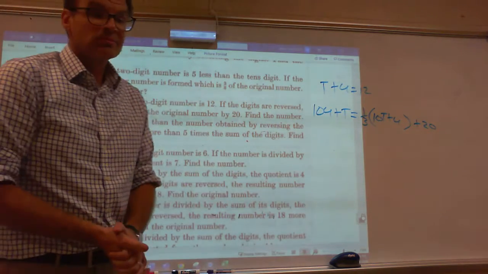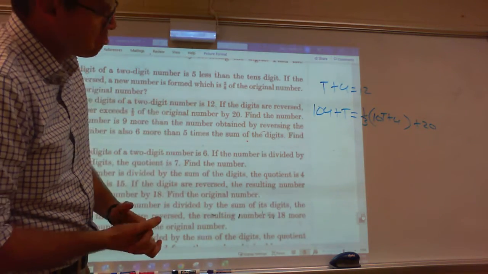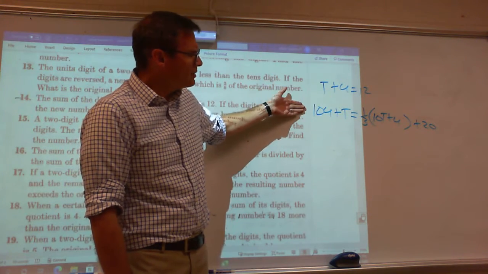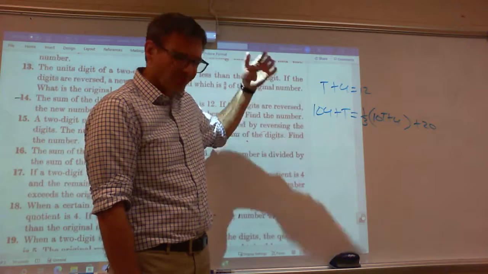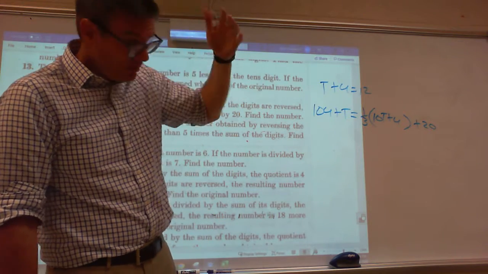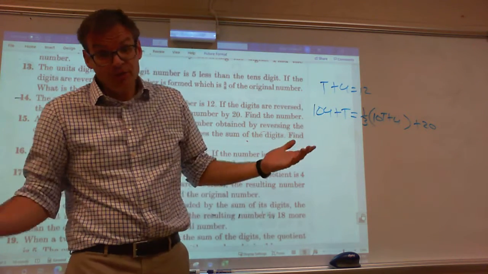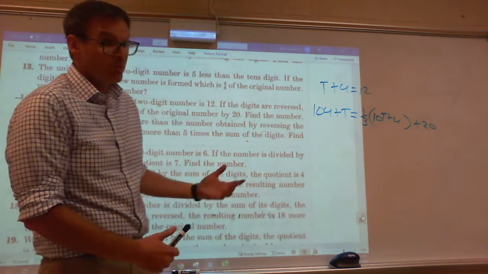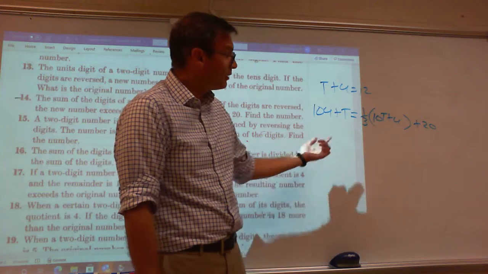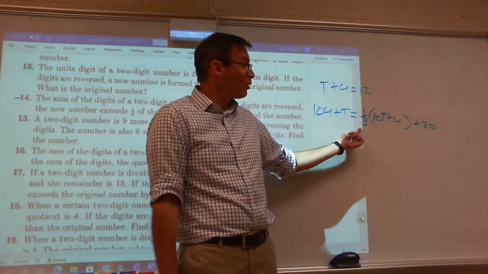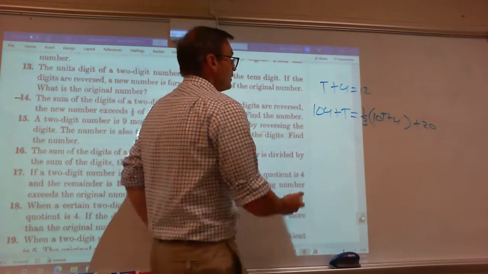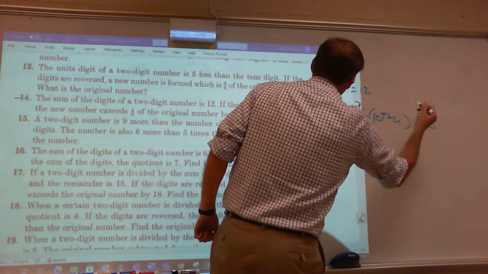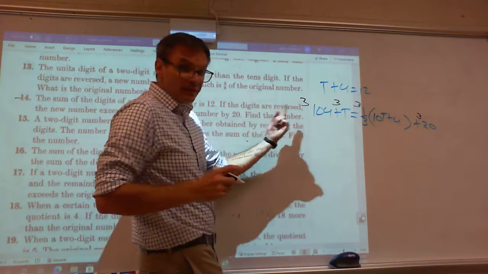So, there's our two equations. I'm okay with this first one, but that second one's kind of ugly. I don't like fractions. Since I don't like fractions, I want to get rid of them. So, how are we going to get rid of them? What makes a fraction is the denominator. So I'm going to multiply everything by 3. So if I multiply this by 3, this by 3, this by 3, and this by 3, then this equation now becomes